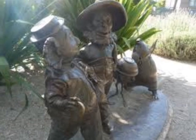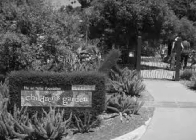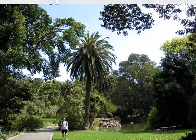And the other thing that I desperately wanted to see is the Royal Botanic Gardens. These are picturesque, and an important resource of education, conservation, science, and horticulture. For a bit of a history lesson,